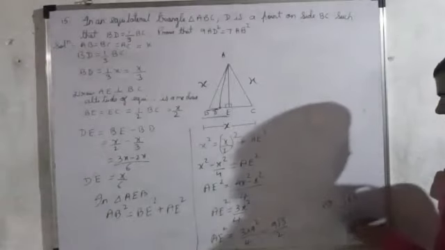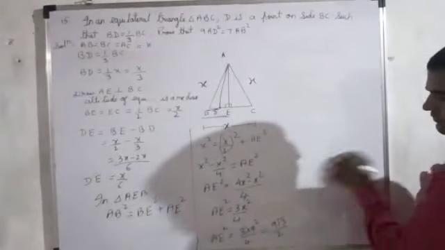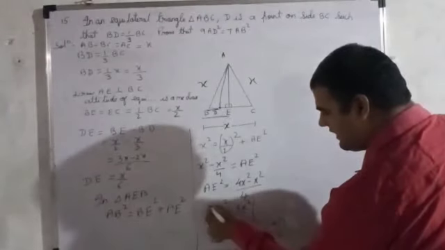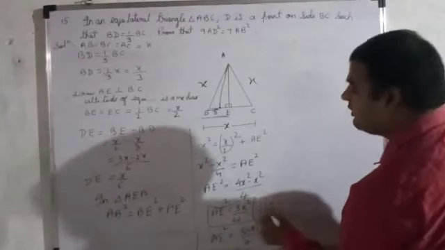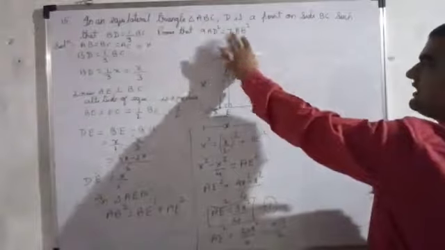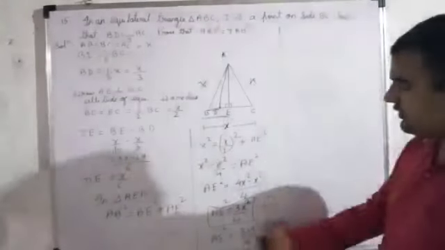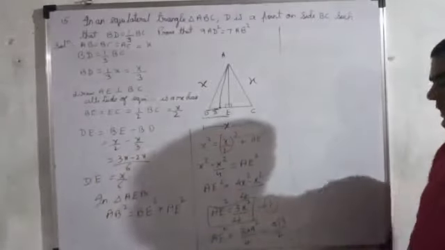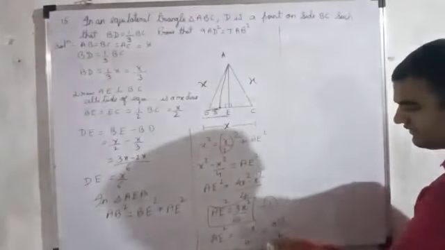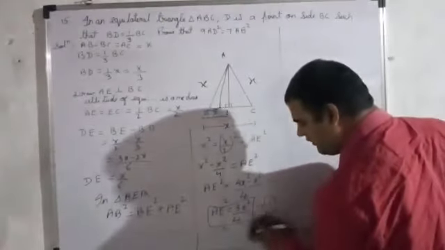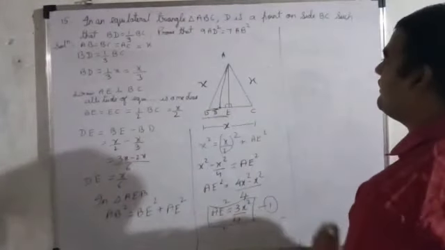Next one now. But you need to solve up to this. Name this as equation 1. In which question? If it is like this, if 9 is given, then you just need to put your value. You will get AE square, and after taking the square root, you will get this. I am erasing this. We don't want that. Last one we want AD square.